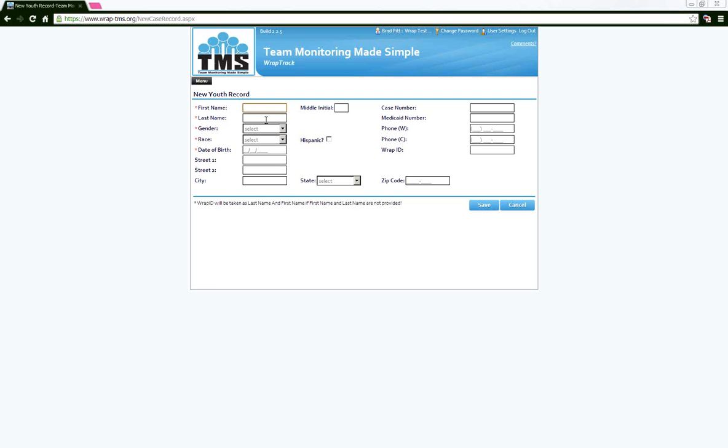Last name, first name, you do not have to actually put a name. They are required, however, to have information in the fields. So you can see below, WRAP ID will be taken as name if that information isn't provided, and WRAP ID is here. And I'll show you what that looks like. I'm going to not enter names here. I'm going to select some of the other things, and then I'm going to pretend accidentally to leave this blank, okay? That's what we're going to do. We're just going to say, okay,